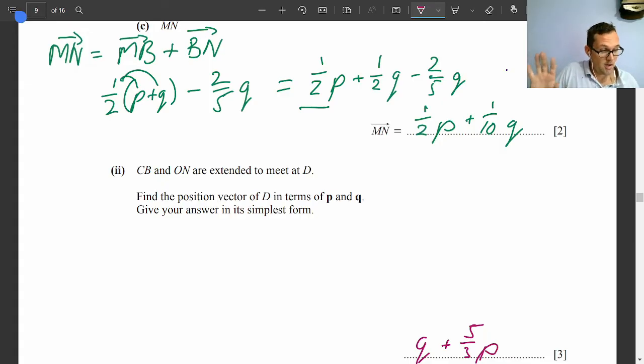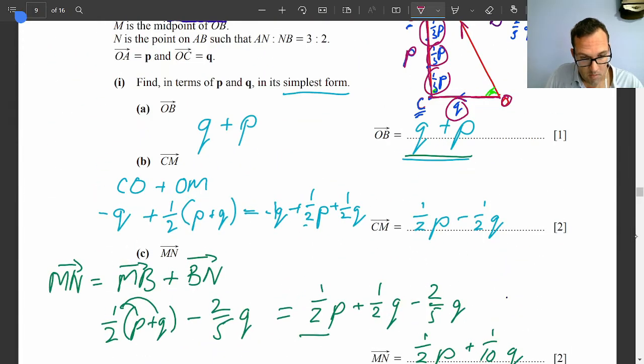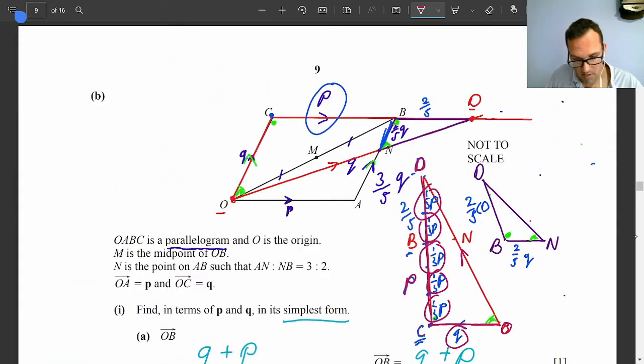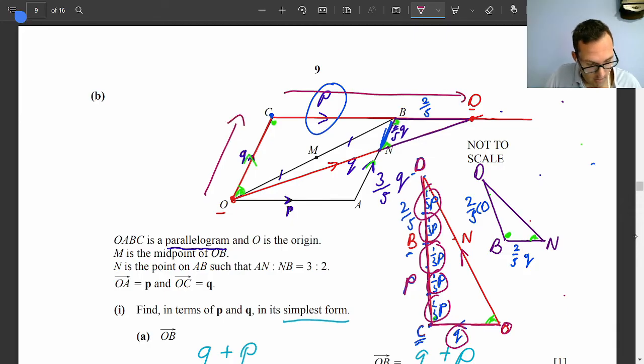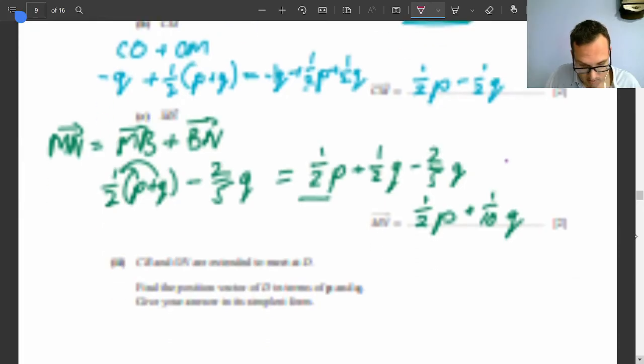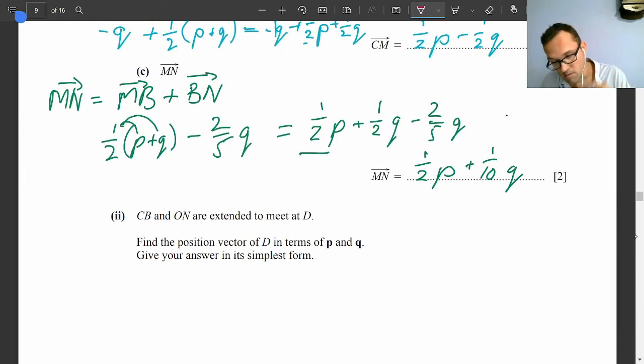Okay, I hope that makes some kind of sense doing your diagrams. How are you going to write this? Okay, I would start off by showing a clear path. This path here plus that path there. So that would be writing, to show them that you know what it is, the position vector D, we write as from the origin to D, is following the path OC